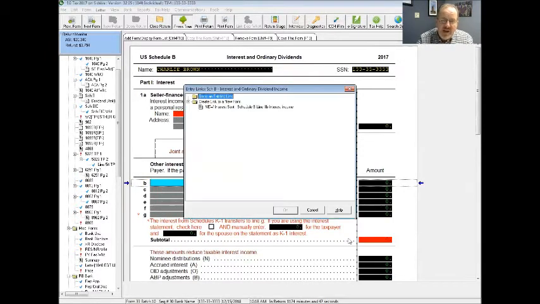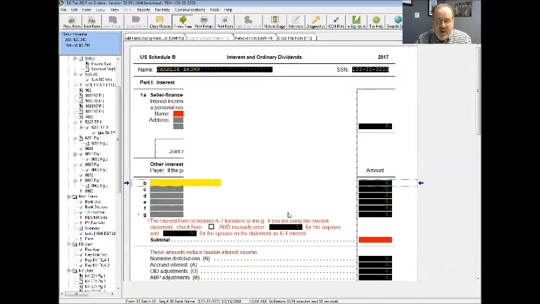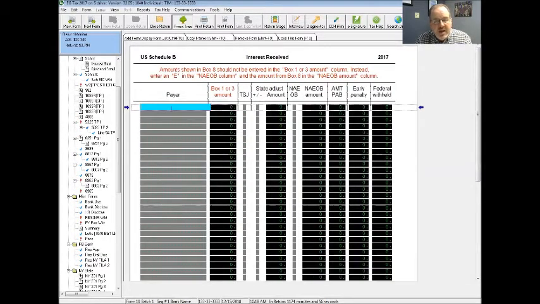We're going to hit F9, and this is where, like I said, Schedule B has a little worksheet inside of it. If you think about the 1099 INTs that you get, this becomes very beneficial to us, because this is everything off that 1099 INT. We can put in there that we have First National Bank,